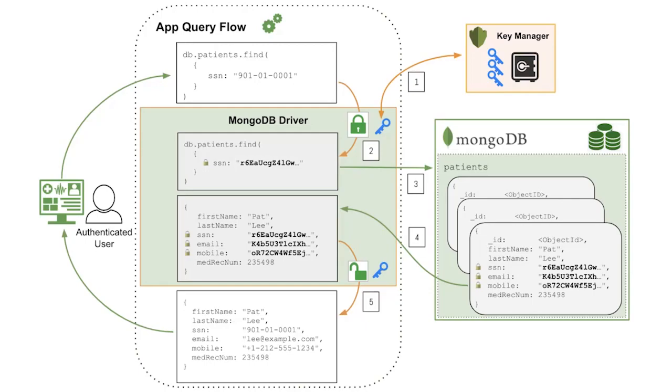Now, when you do a query, so we've searched for this particular social security number, the database is asked for that encrypted record, it brings it back, and so the driver will say, okay, now I've got an answer from the database. This looks like an encrypted record. It does the same thing with caching. If it's recently used the key, it'll take access to that. And then what it does is it transparently converts it back to plain text. So what the developer's done is they said, find records with this social. When the driver hands it back, it gets the clear text, plain, original, human readable document, and then hands it back to the application.